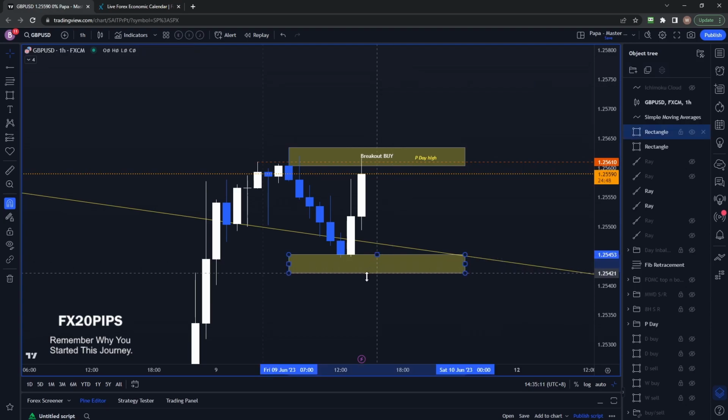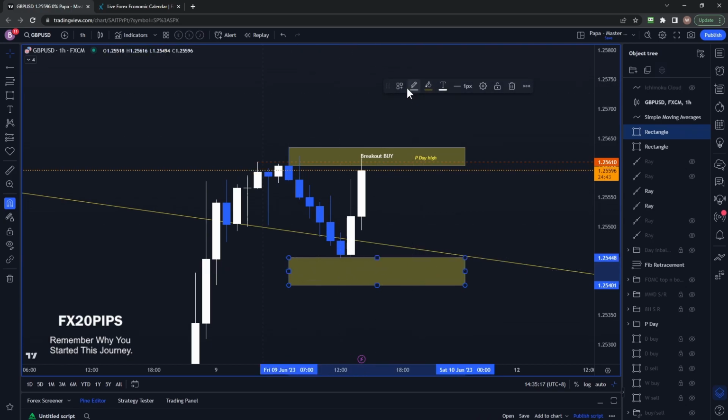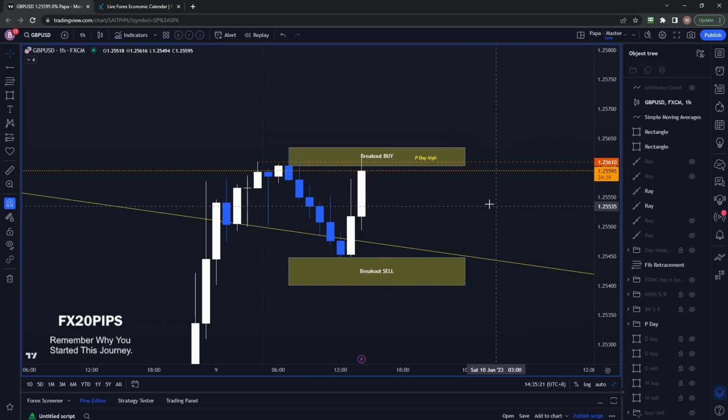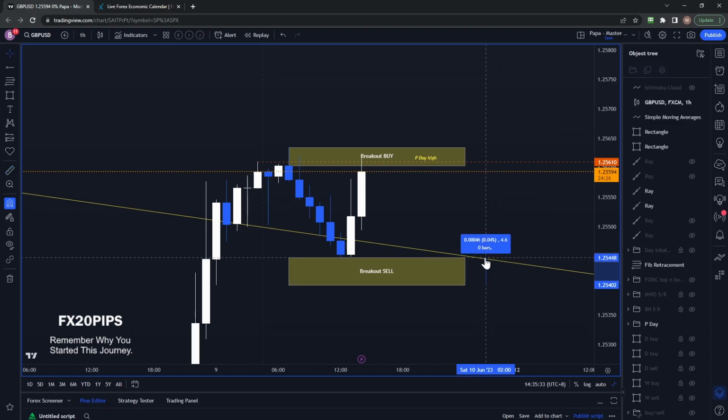So there's no point for this one. Let's go for here, the wick, to the wick. This will be my sell zone. Don't lie to yourself. It is what it is. The wick and body, the wick and wick. If it's so big here, it's so big here. The pip size from here to here is 4.6 pips. So meaning if you want to sell,